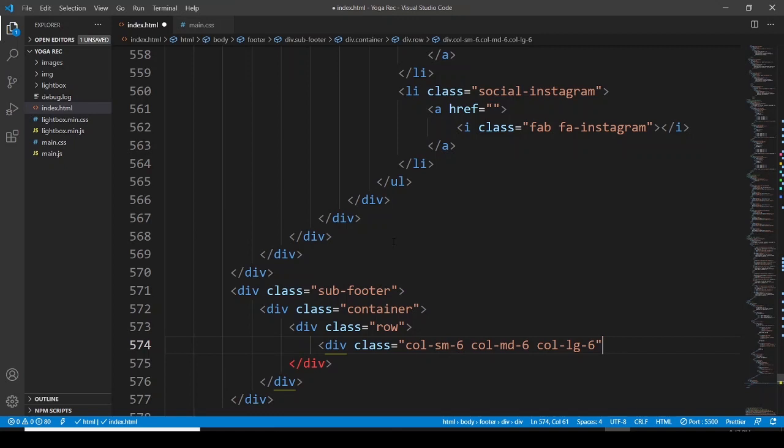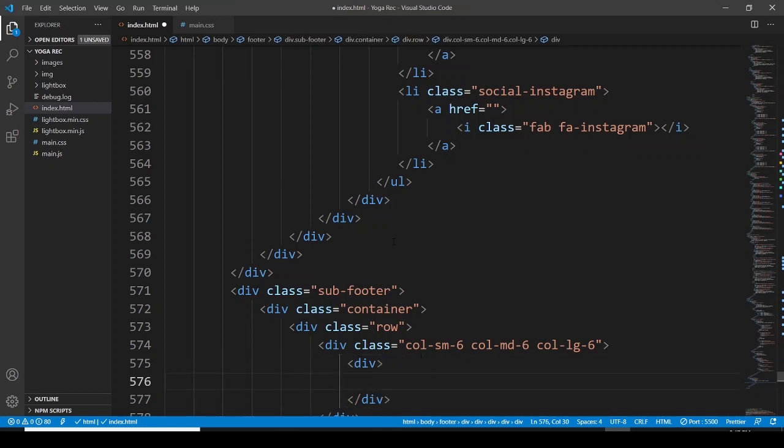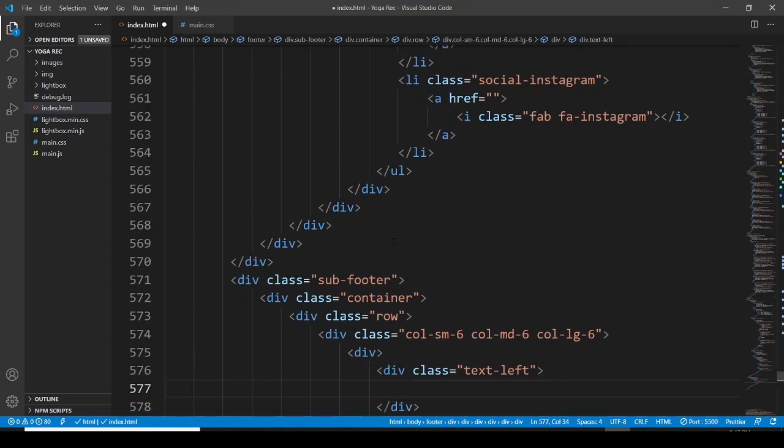Okay, and let's have another div, again our wrapper div. Then after this we have a div, assigning it a class. This class is going to be text-left, and then we have to go with a p element where we